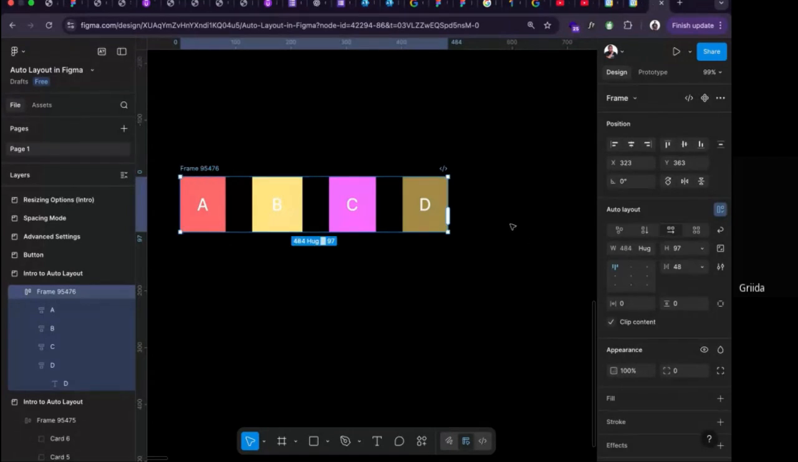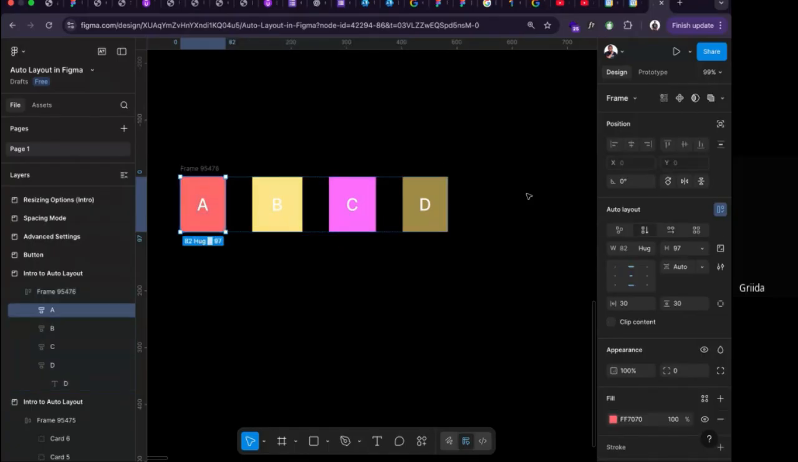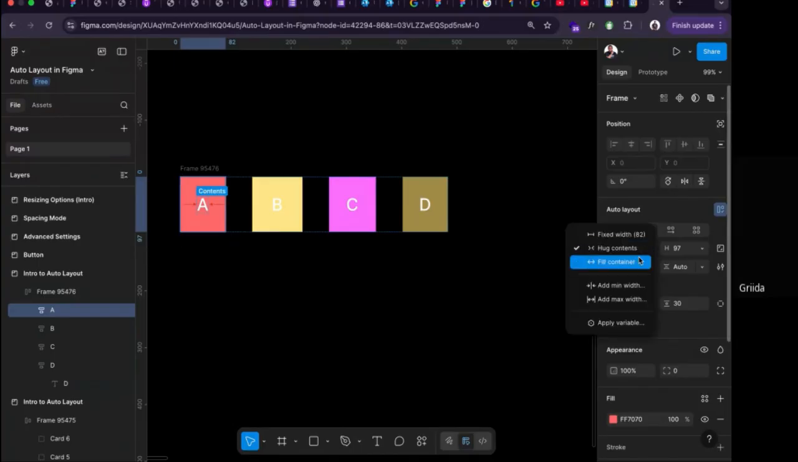Now, auto layout gives the elements inside it some properties. An example of a property it gives is, when you are in an auto layout, the element inside it has a property of fill container. Now, what does fill container mean? Fill container means that,